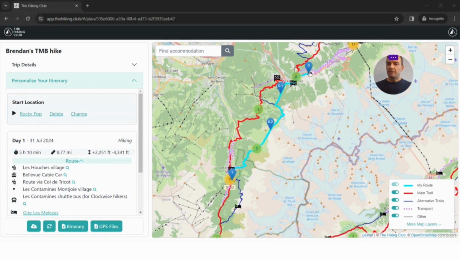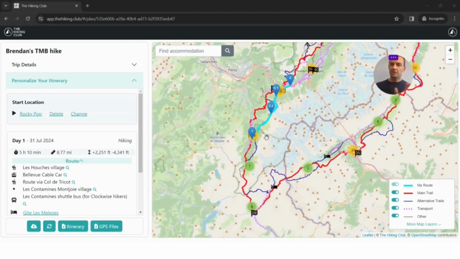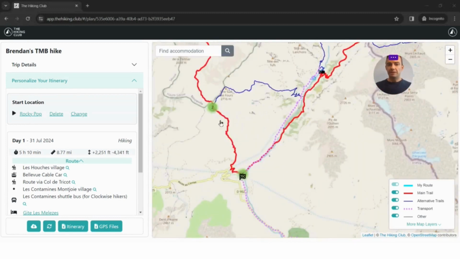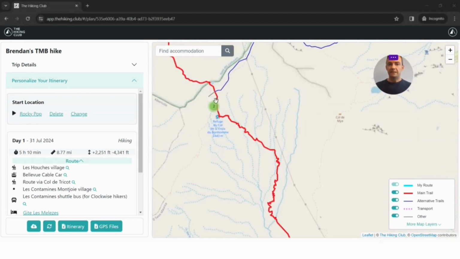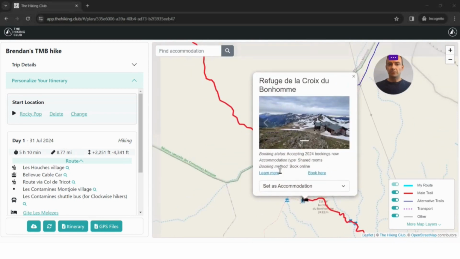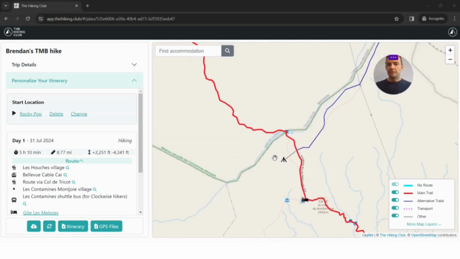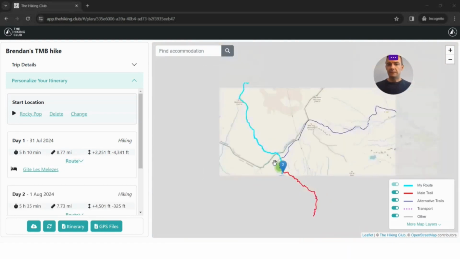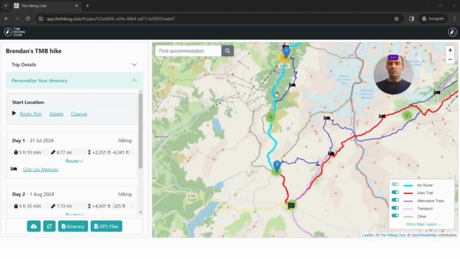And in terms of the numbering, so here you've got your start location as 0. The route waypoints then between 0 and your first night are 0.1, 0.2. Okay, so it's kind of to step up in sequence. And then if you add your second night, say here at Refuge Col de la Croix de Bonhomme, so we put our second day there, sleeping there, and we start adding route waypoints between night 1 and night 2, you'll see now it's gone,